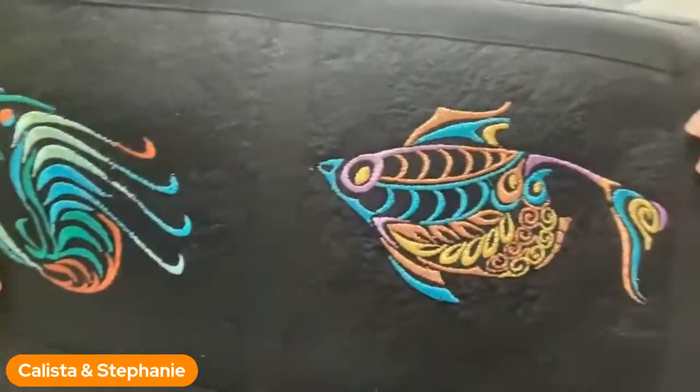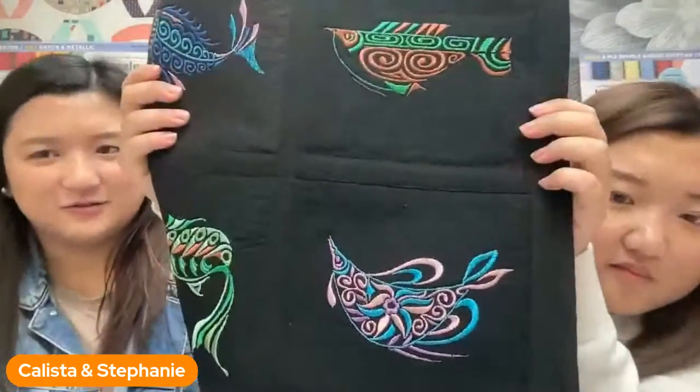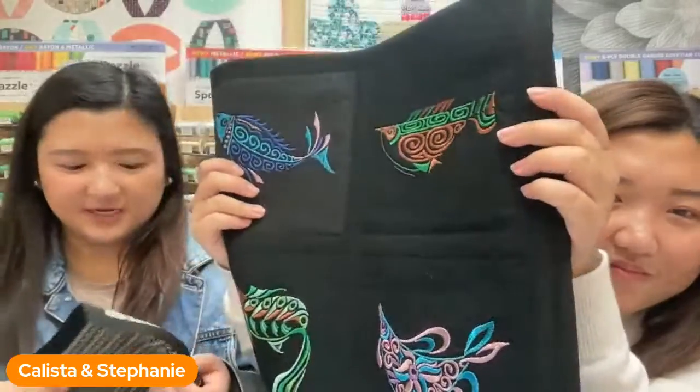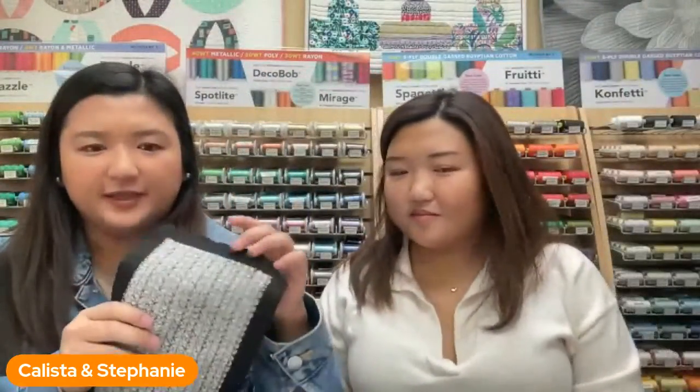It's an 80 weight cottonized polyester. So yes, 80 weight is quite fine when you compare it to a 40 weight, but that is what we use. Deco Bob does come in pre-wound bobbins, and what that can actually help a lot with is